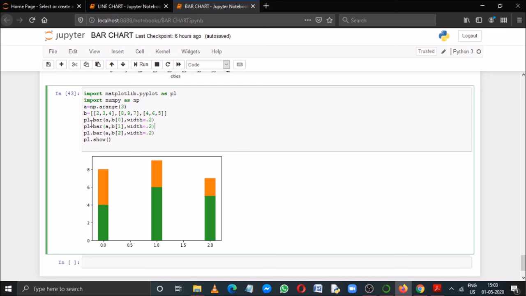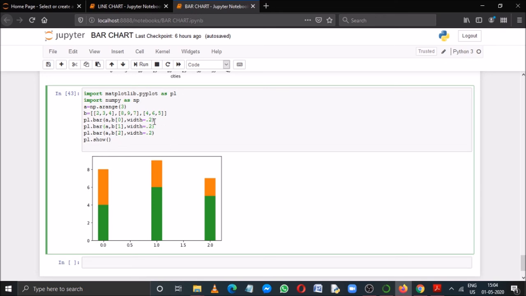Now if I write plt.bar(a, b0), that means a is plotted with b0, and the width I have changed, that is 2. For the second one, plt.bar(a, b1), and for the third one a, b2. In all the cases I have mentioned the width equals 2. So what happens here is that all the bars collide with each other, they are superimposed on each other, so we cannot locate them properly.